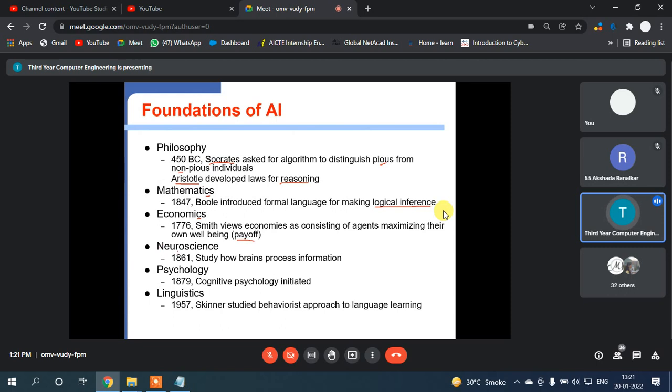Then from neuroscience, in 1861, they studied how brains process information. Now you must have seen that deep learning, neural networking, or neural computing, all these terms relate to AI. So from neuroscience, the base was there. Then in the psychology perspective, in 1879, cognitive psychology initiated through AI. Yes. Then from linguistics,